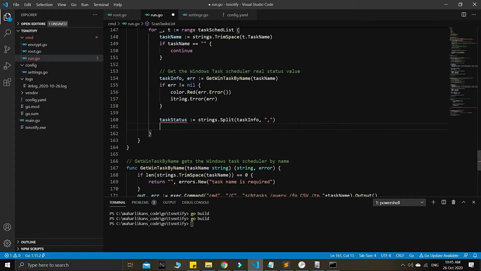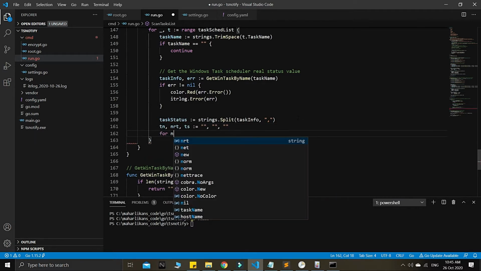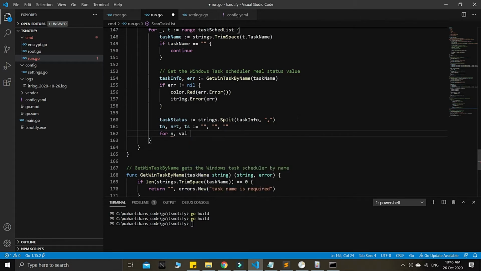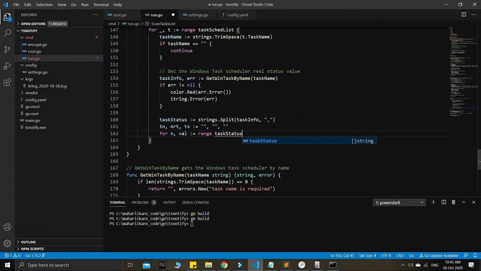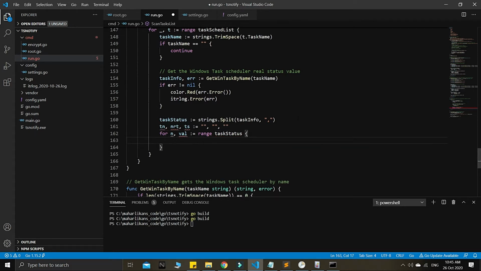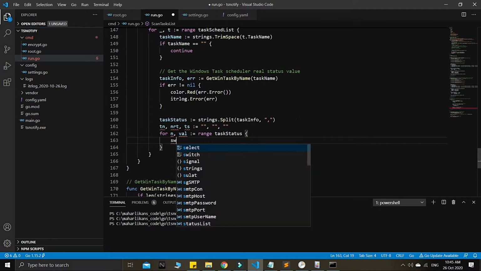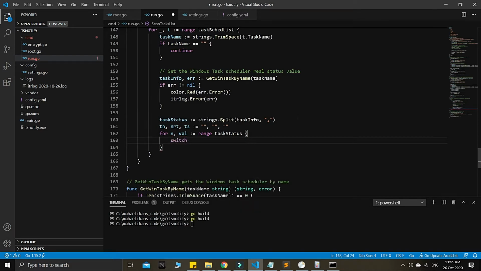These are all the standard in the Windows there, so it's a fixed delimiter, guys. So the task name, we need to have the tn here, nrt. These are all my local variable here, guys. So hold on, I just declare this as an empty first, then we need to have a loop here again. These are all nested loops, guys, no worries. Range task status. These are all the task status from the splitted one, so we need to loop all the splitted value here. Okay,